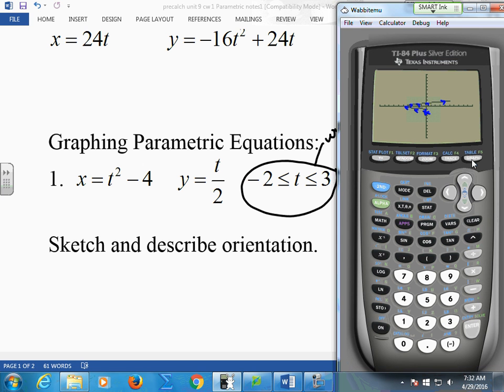Eventually we're going to do more things with this, but today is just an introduction into watching this thing go and how we're going to change it. What happens with your t-step is this. If I took my t-step and made it 5, watch what happens. The graph doesn't even look the same, does it? You can't even recognize it. So I go back and maybe change it to a 1. That one's not so bad. If I go too small,